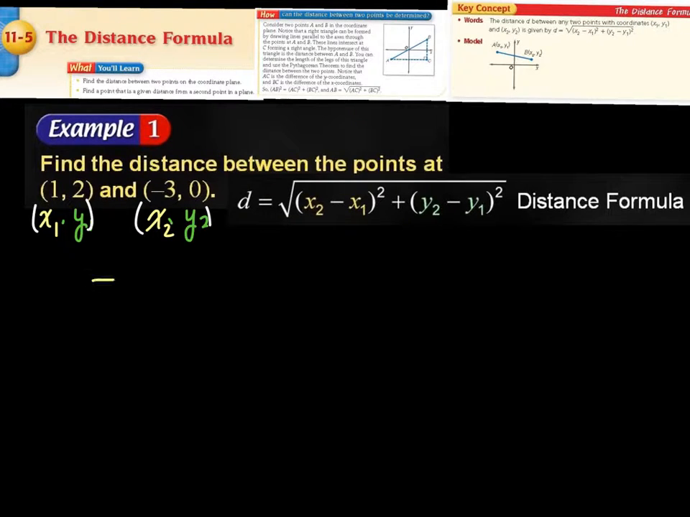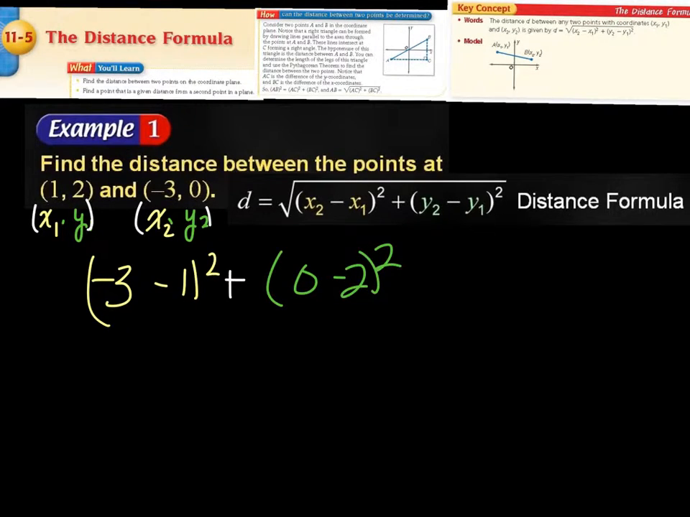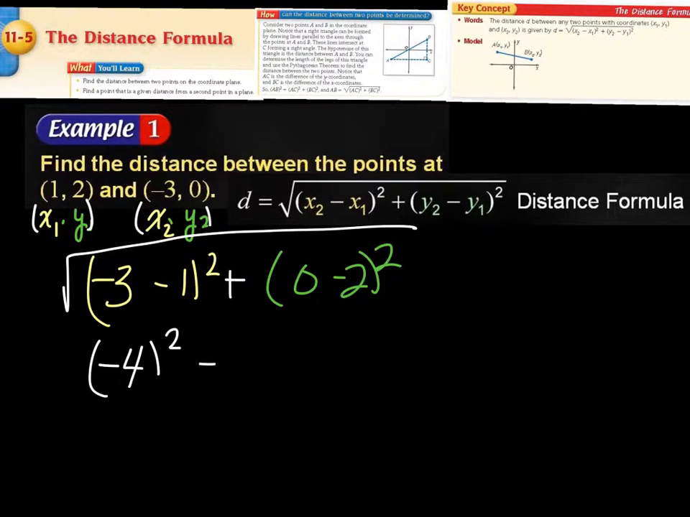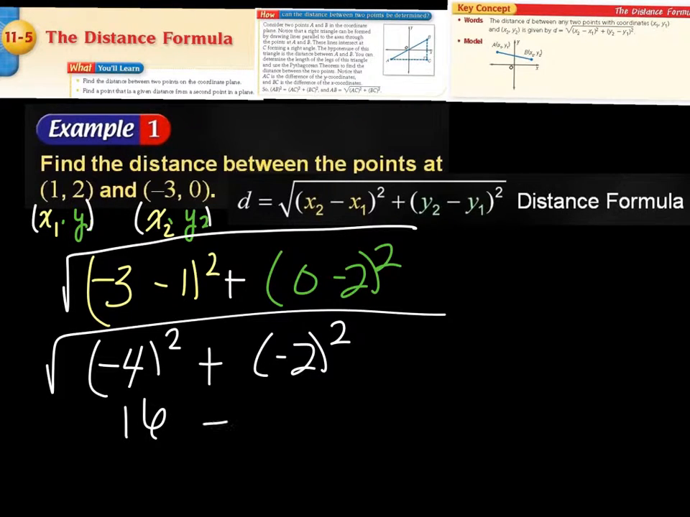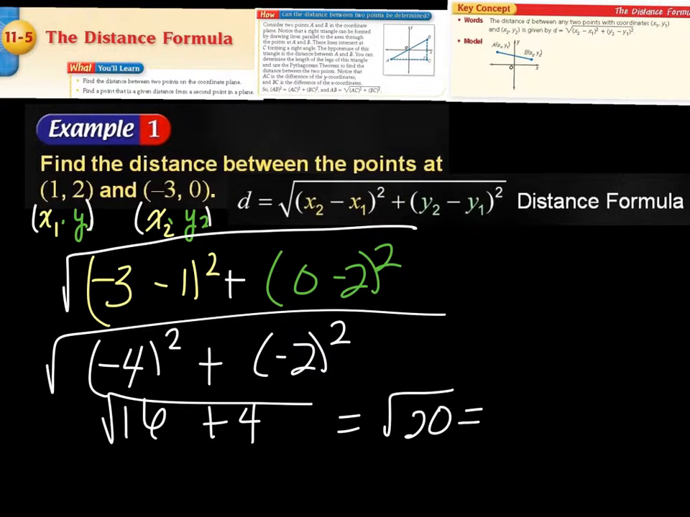So I want the difference in the x's squared plus the difference in the y's squared, and then finally we'll take the square root of that. Now, since we're squaring, it really doesn't matter which number is first. I have -4, but remember -4 times -4 is going to be positive, same as the -2 times -2. So I've got 16 plus 4, and the square root of 20 would be exactly 2 square root of 5,